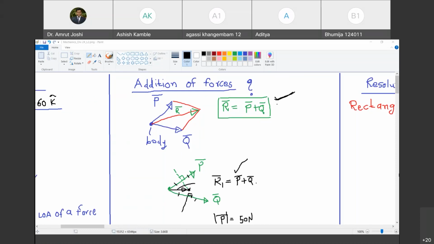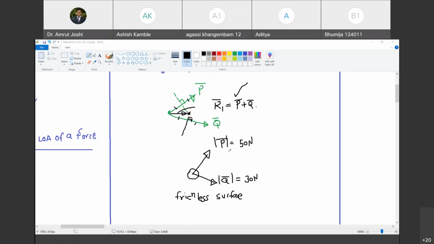Now, what exactly do we mean when we say that I have to add forces P bar and Q bar acting on this track? Let us first try to understand the philosophical meaning of that. Are you with me? Yes, sir. So what am I going to do? I want to find a single force by which I will replace P bar and Q bar. That single force I am going to call R bar.